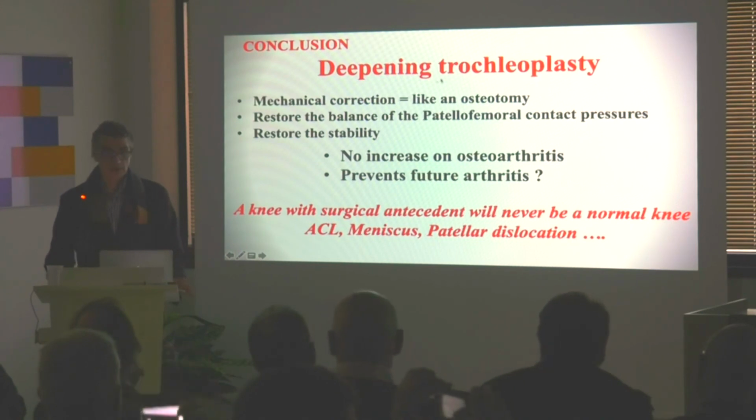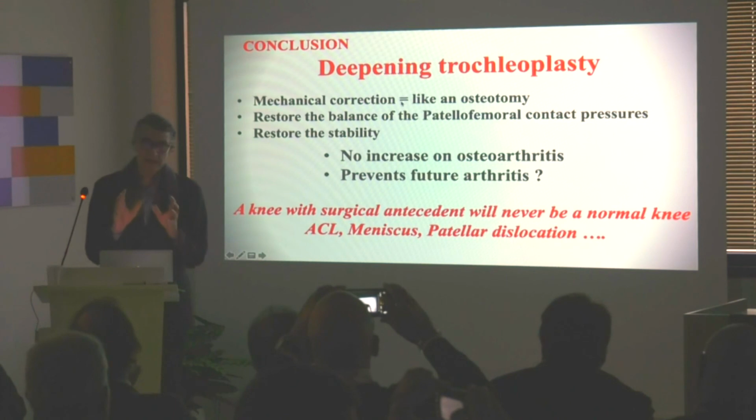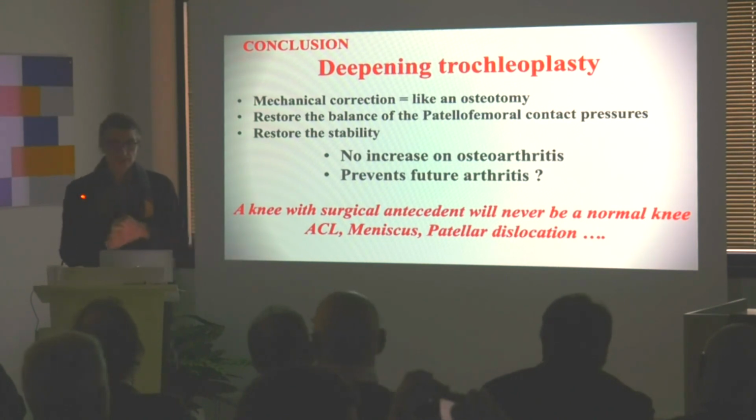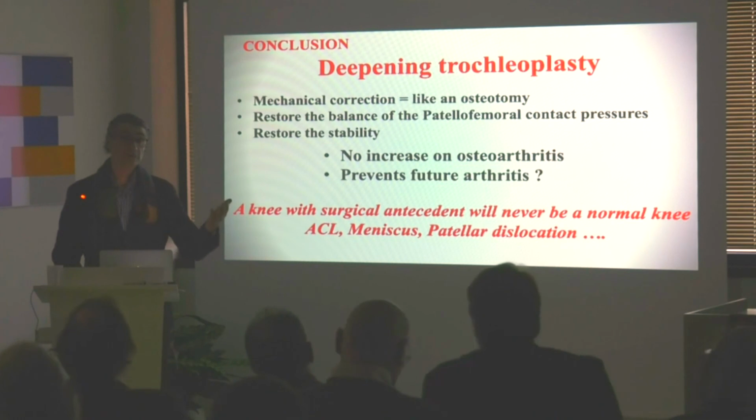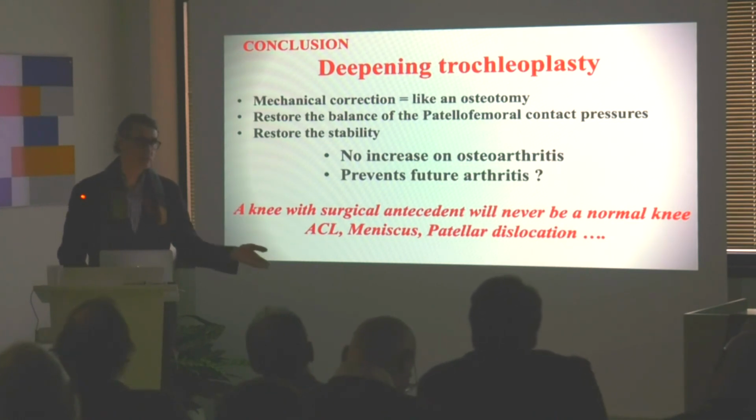So, in conclusion, this is a mechanical correction. It is definitely like an osteotomy, and you can restore the balance of the contact pressure for sure. And we didn't see any increase of osteoarthritis. Should that prevent any arthritis? We cannot say that at all, of course. And for sure, the arthritis in the future is mostly due to the patellar dislocation. Like an ACL, when you get an ACL